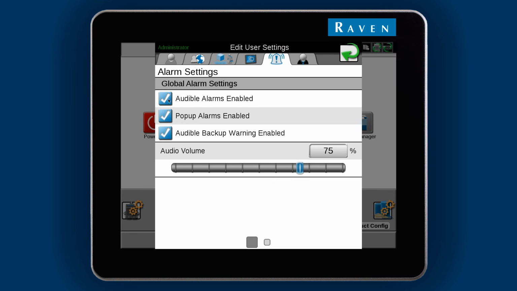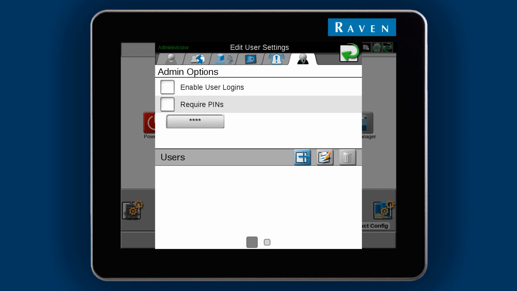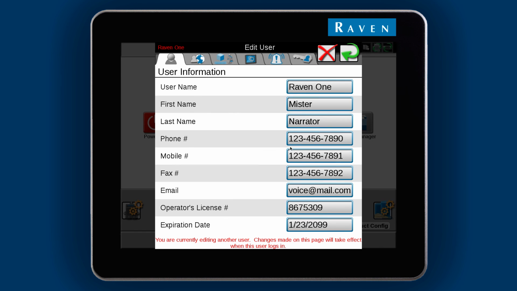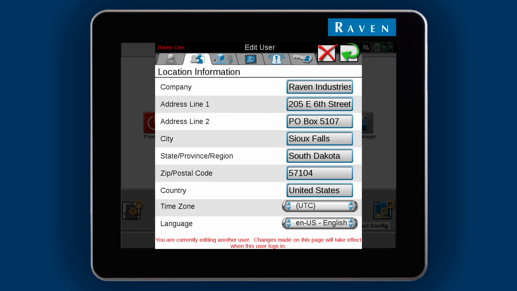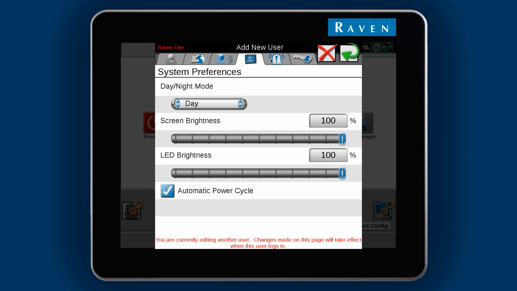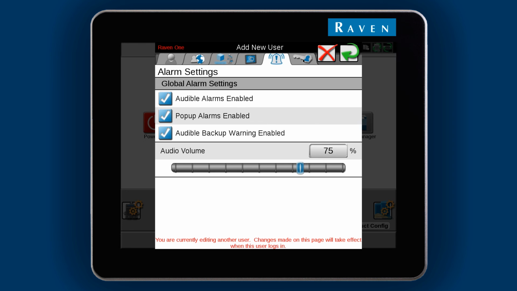The Admin Options tab is where you would go to create different user profiles. The options in this tab are only available to the administrator profile, so in order to create profiles or to enable logins and pins, you will need to be on the administrator profile. To add a user, select the plus sign. Enter in the information for that user, set their preferences, and if pins have been enabled, you can set one